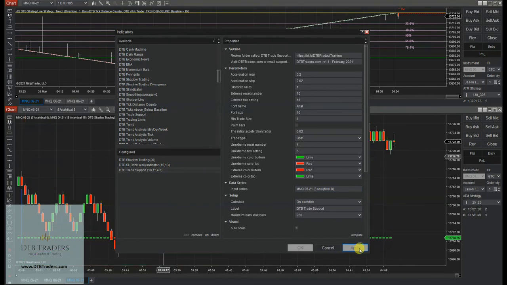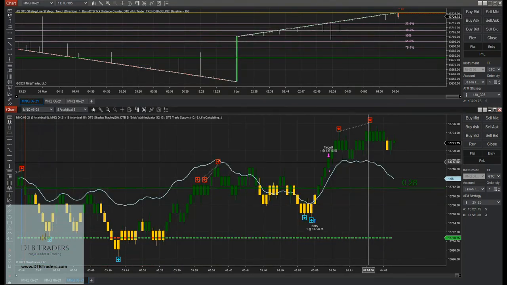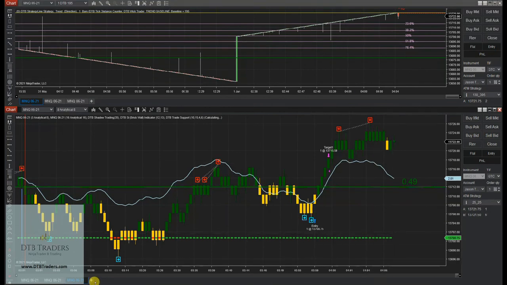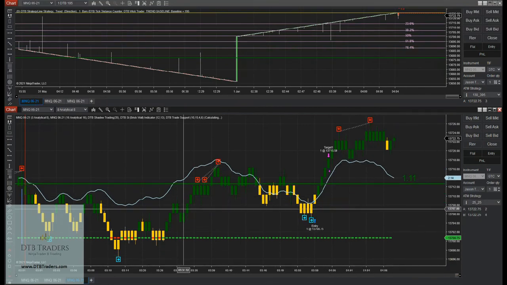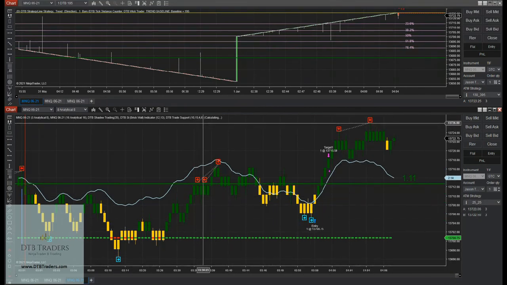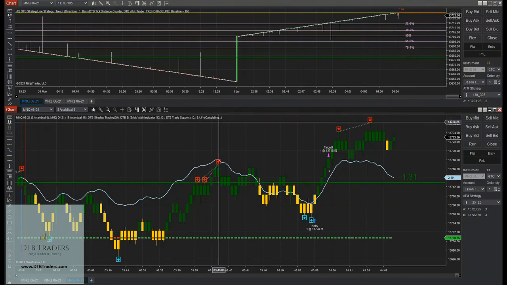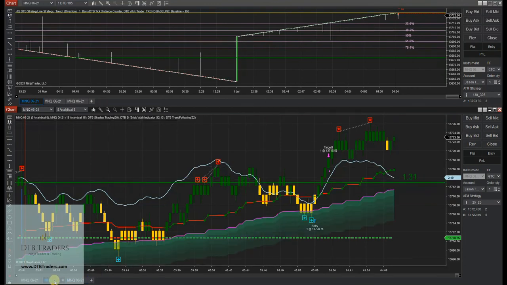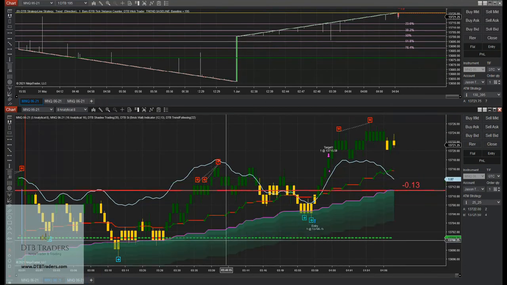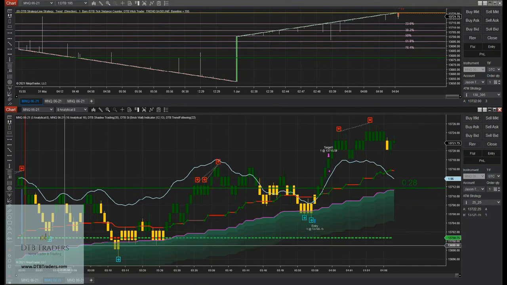trade support. So trade support is really handy as well. It might take a few bars for it to actually load because it works out the time and sales, and it's got to calculate a lot of information. So it's going to say calculating for a while. So while that's calculating, you just got to leave the chart. Don't go and click on the chart or anything. Just let it continue thinking,